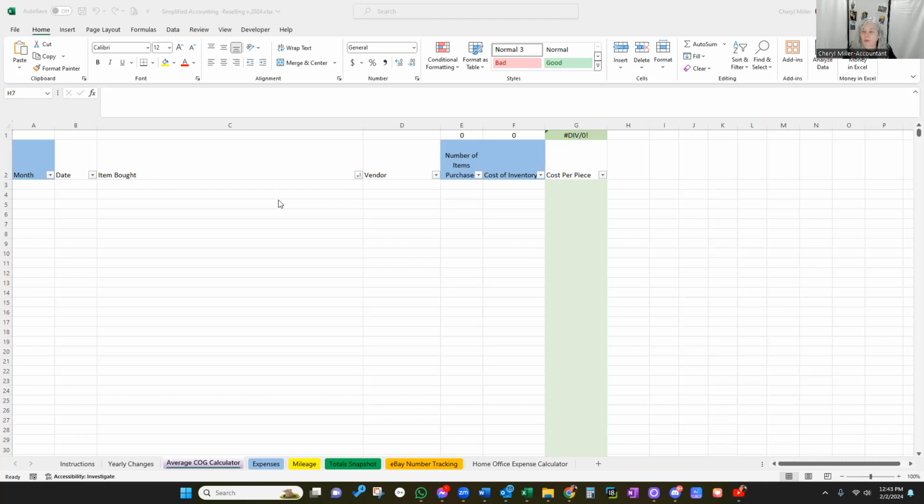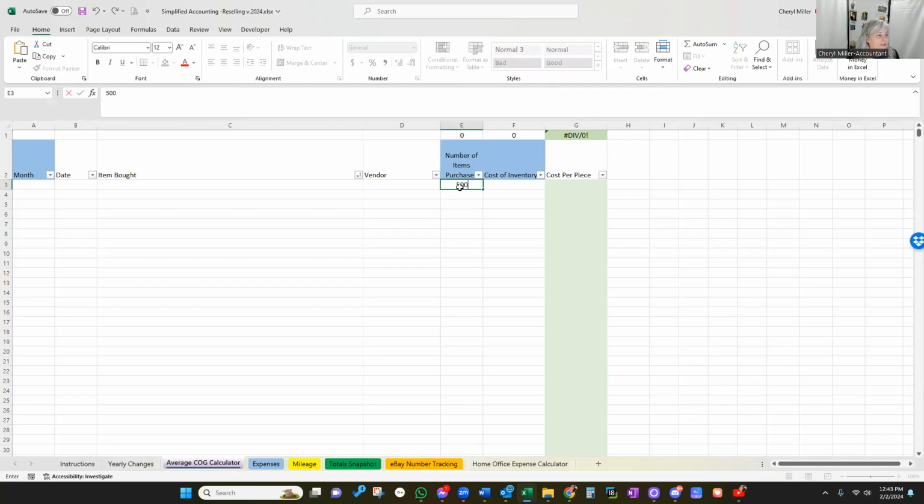It is to help you calculate your average cost of goods based on what you are buying. So the only two things that you must have to use this particular tab is the number of items purchased, let's say 500, and the cost of inventory, we're going to call it $10,000. That means that as of right now, your average cost of goods, look up here, column G, line 1, is currently at $20